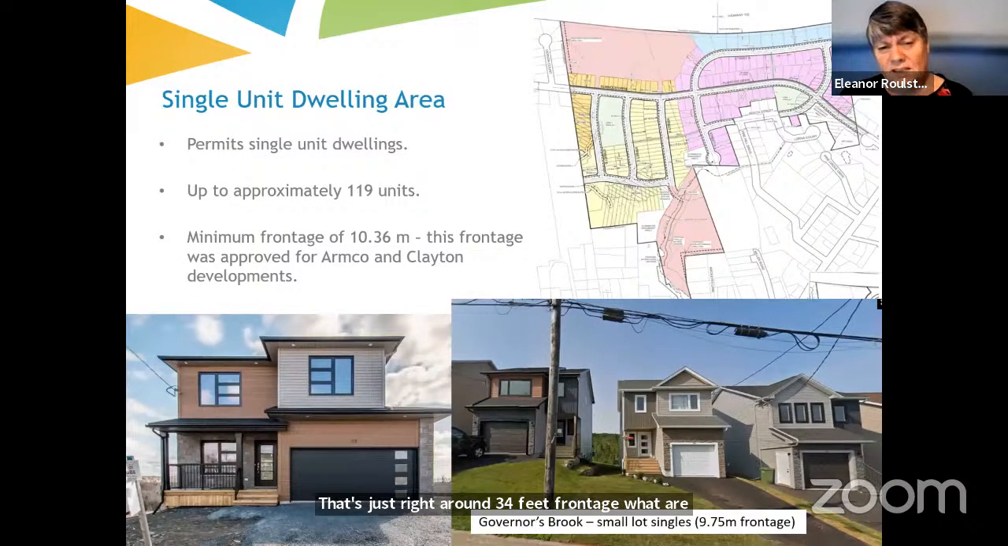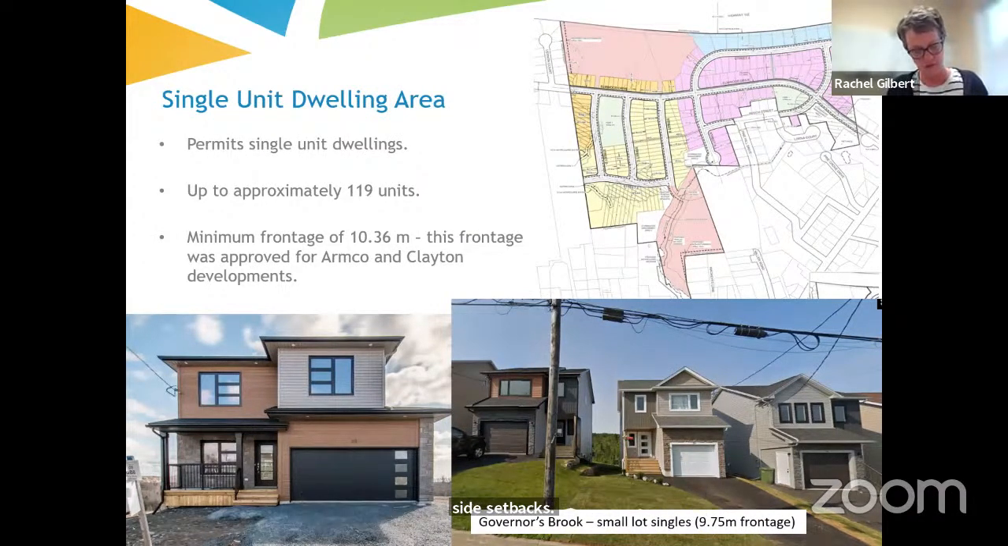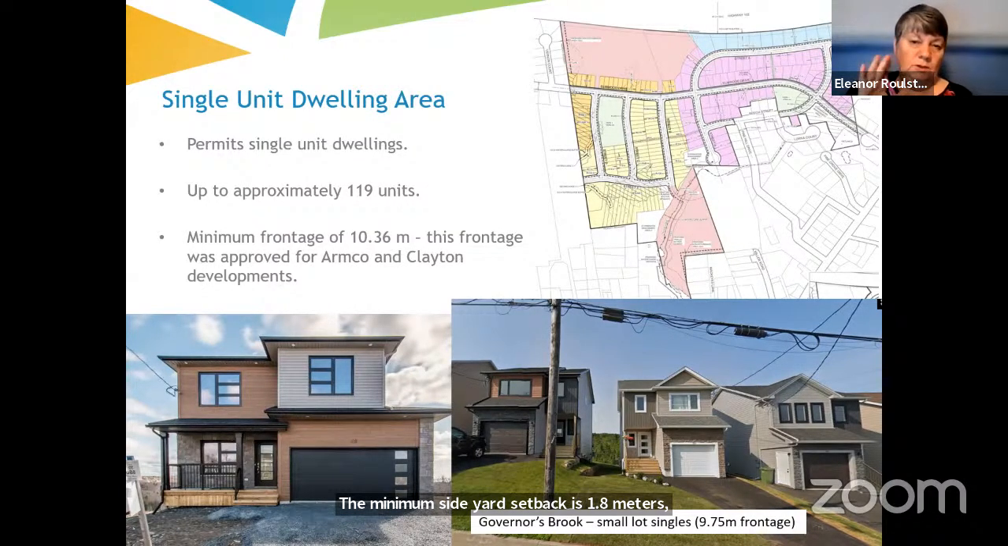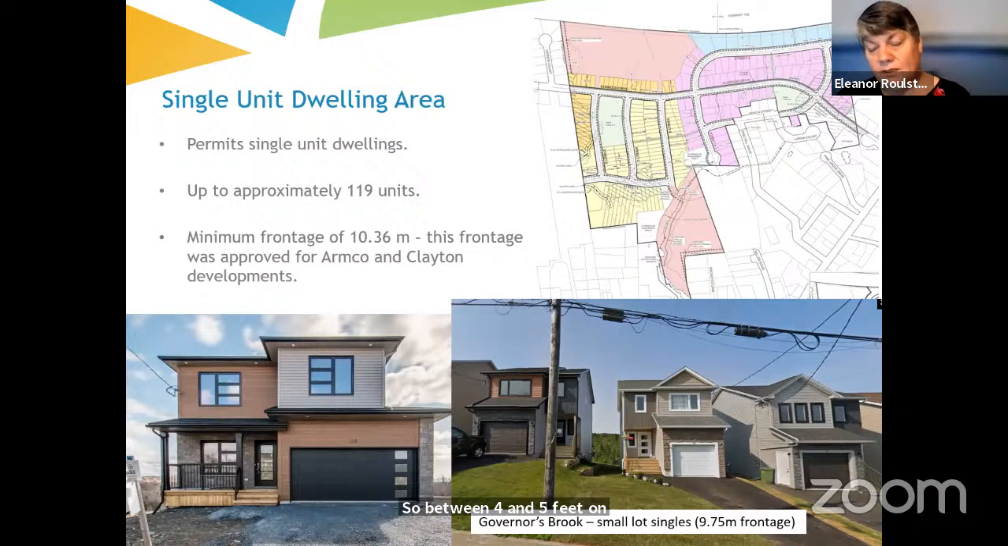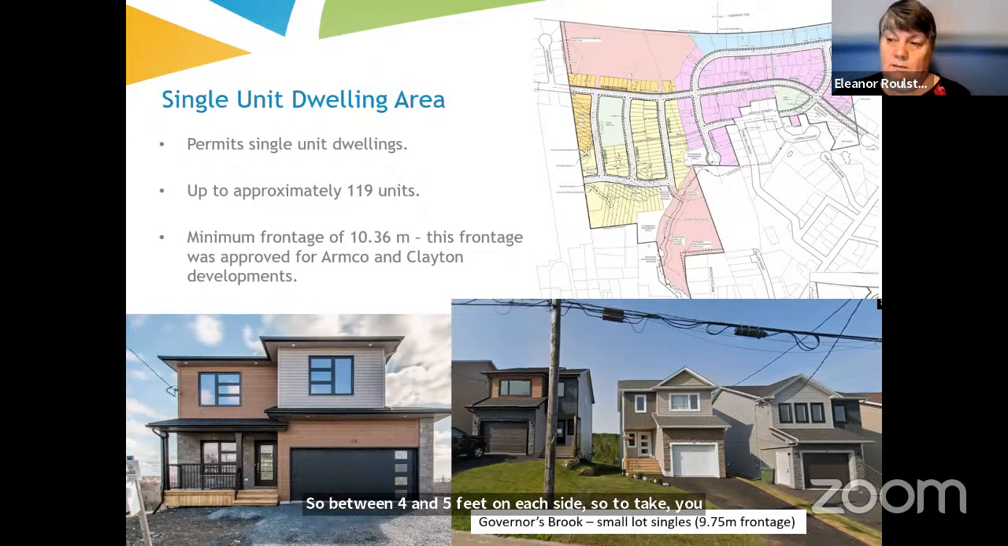What are the side setbacks? Get that for you now. The minimum side yard setback is 1.8 meters. So between 4 and 5 feet on each side. So to take 8 to 10 feet off of that. And